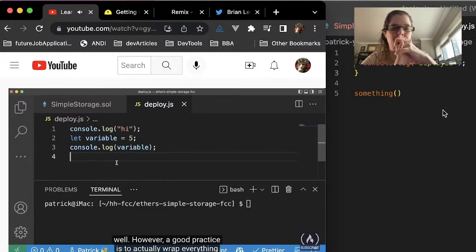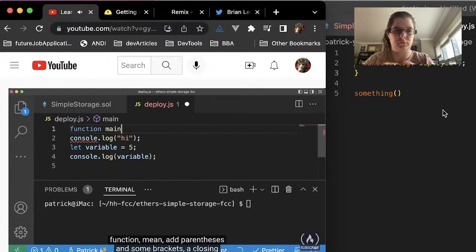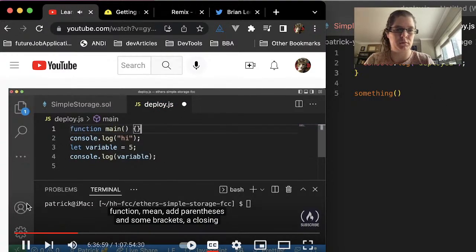However, a good practice is to actually wrap everything you want to do in a main function and then run that main function. What we could do is, up at the top here, we could say function main, add some parentheses and some brackets,